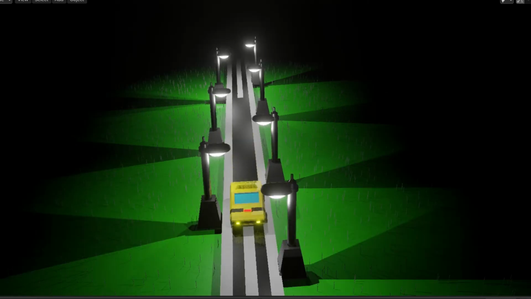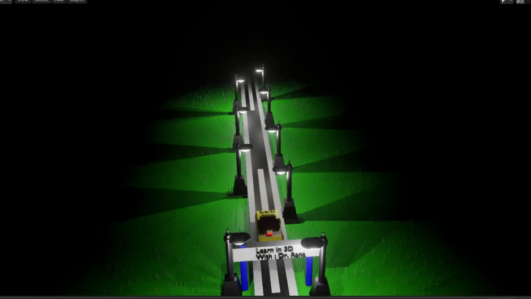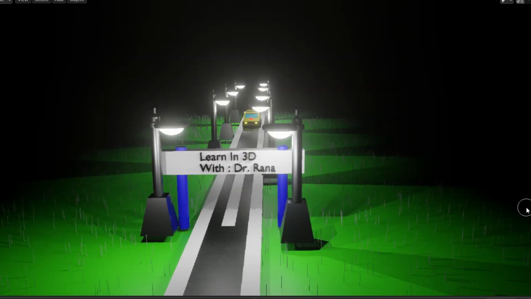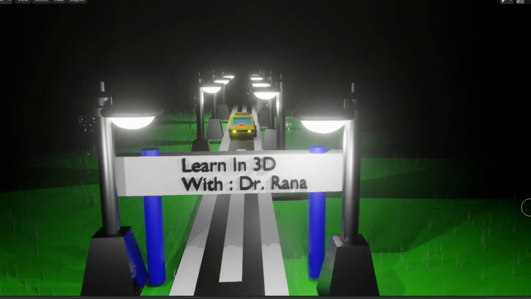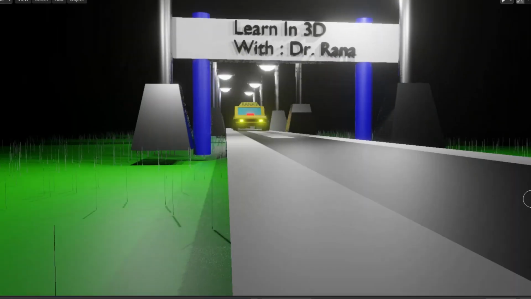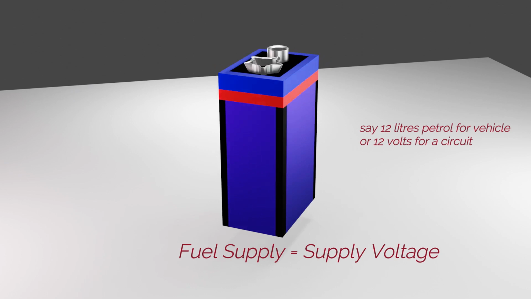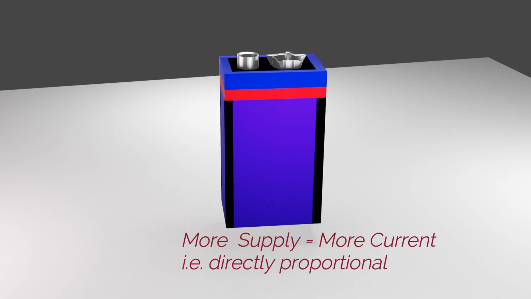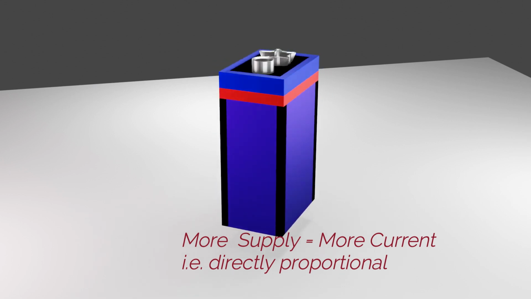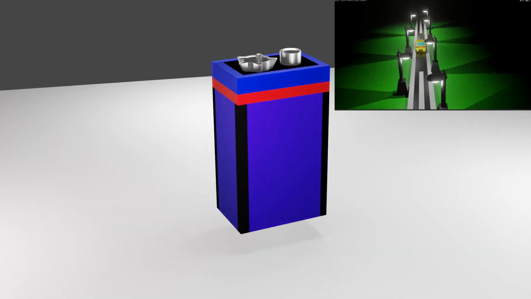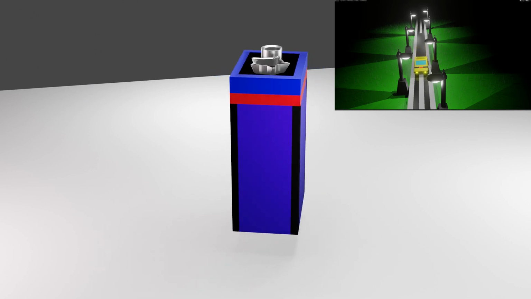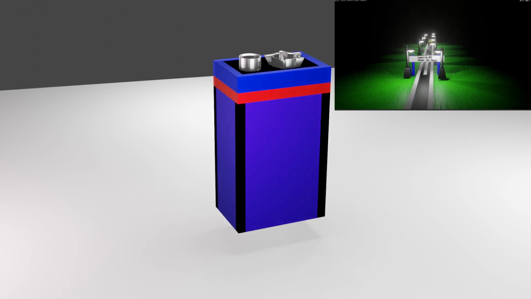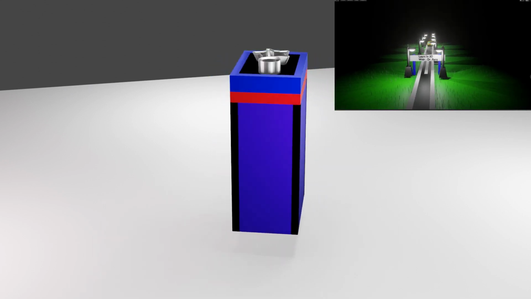Here, in this example, we are comparing this current with the speed of a moving car. Current is often referred to in terms of flow. Understand the concept of Ohm's law by using the example of a moving car. So here we are considering the road as a conductor where the cars are moving. Moving cars are related with current. The supply is related with the supply voltage and the resistance is compared with the speed breaker.